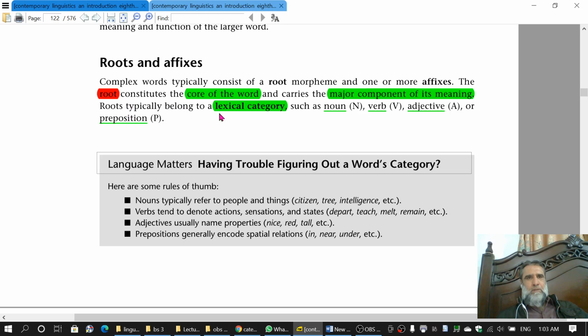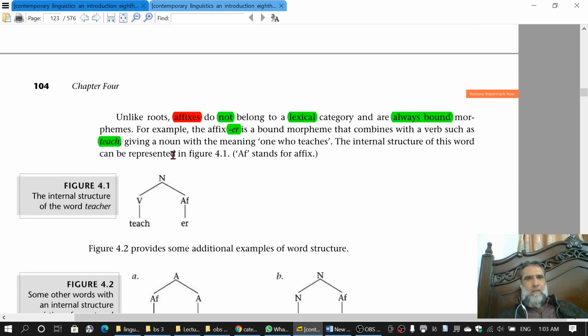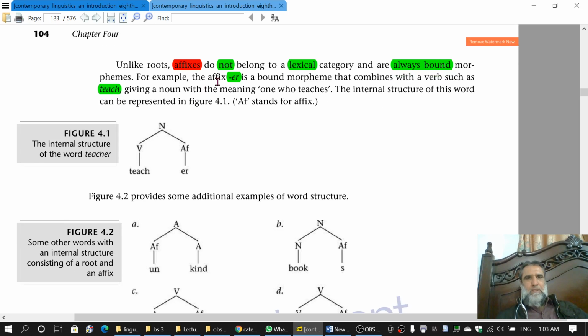Roots typically belong to a lexical category, ये लेक्सिकल कैटेगरी से बिलोंग करते हैं, और लेक्सिकल कैटेगरी से मुराद ये है कि ये या नाउन होंगे, वर्ब होंगे, एडजेक्टिव होंगे या प्रीपोजिशंस होंगे. Unlike roots, affixes do not belong to a lexical category, ये लेक्सिकल कैटेगरी से बिलोंग नहीं करते, and are always bound morphemes, और ये बाउंड होते हैं, अलग से लफ्ज़ भी नहीं बनाते. For example, the affix er